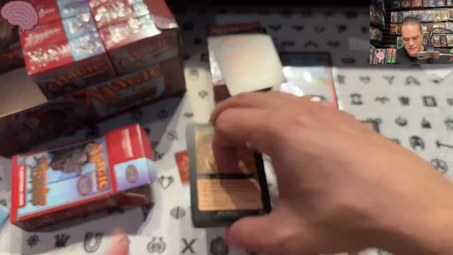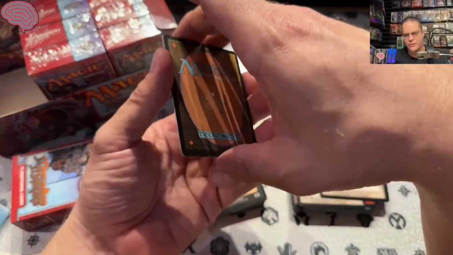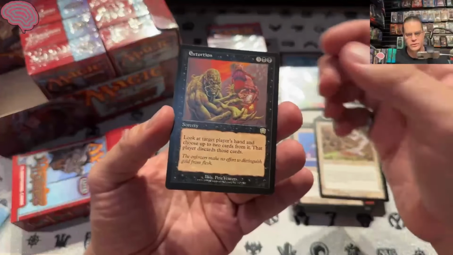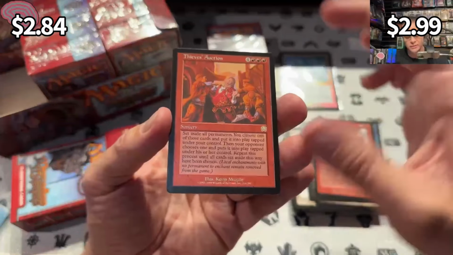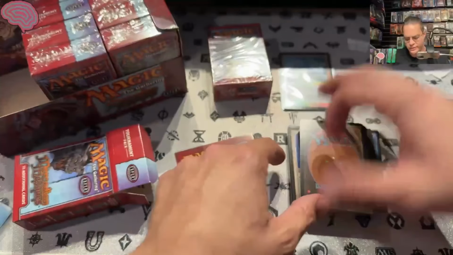All right, let's see the rares. Watch this be a foil too. We'll look at the foil in a second. Okay, Extortion for the first rare. Second rare, Brawl. And your third, Thieves' Auction. So nothing major there, but we did get this lovely...